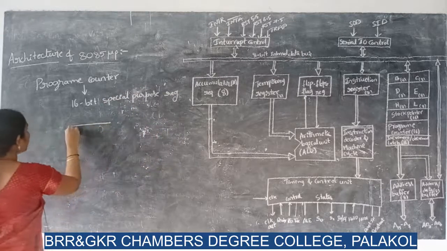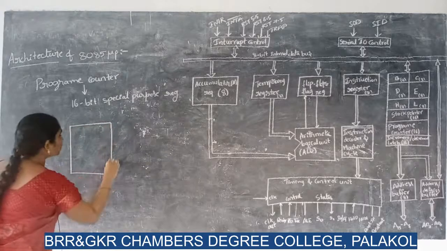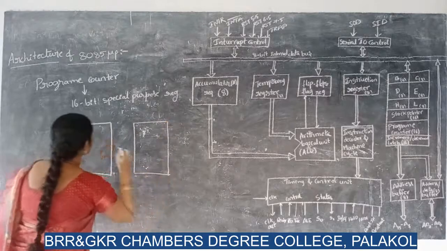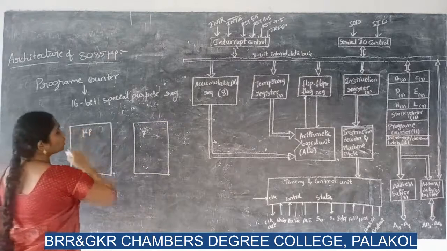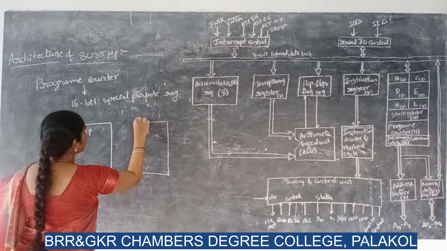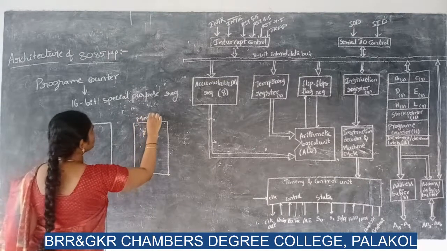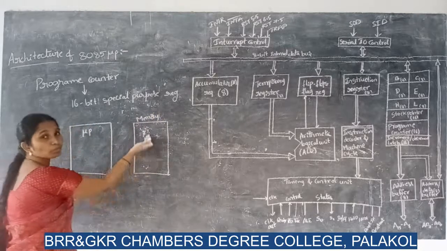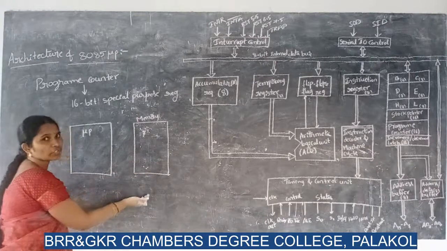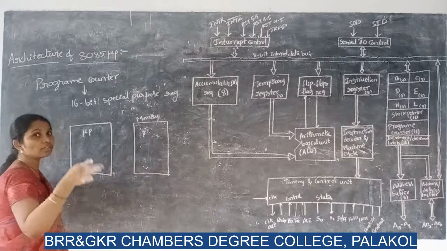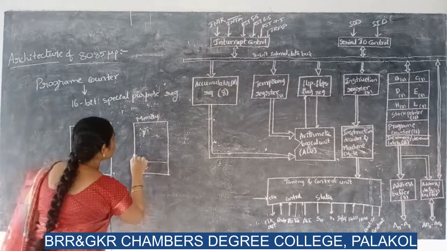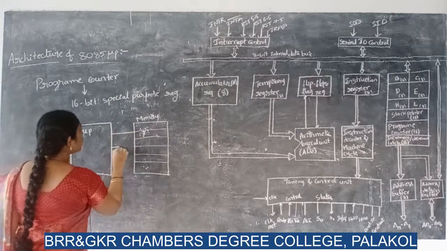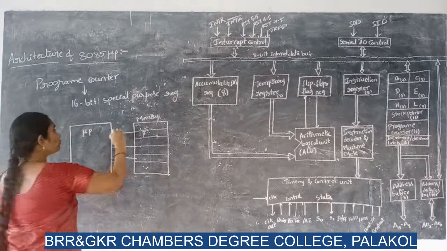Here I have already told the operation of a microprocessor. So what is the operation of a microprocessor? For example, here this is the MPU, that means the microprocessor. Here this is a memory, and it will store a program. A program is nothing but a set of instructions. All those sets of instructions are stored in this memory. Okay, an 8085 microprocessor consists of an address bus.